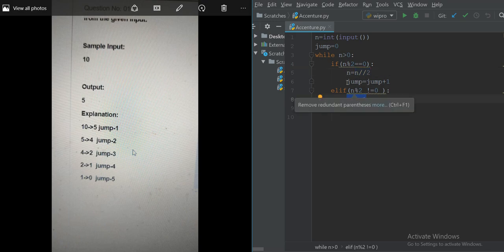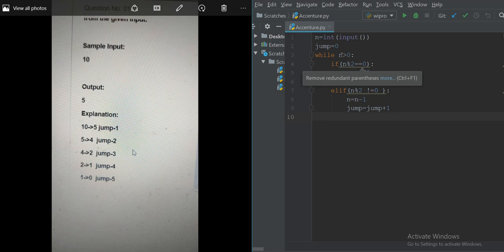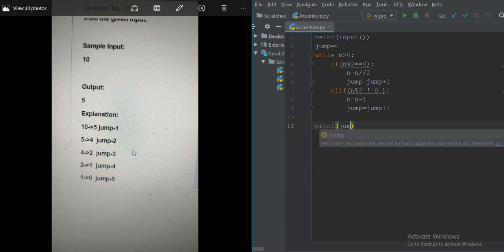But the jump count is the same for both cases. How much the digit reduces depends on whether it's even or odd, but we count one jump for both. This continues until n is equal to 0, and then we come out of the loop and print the value of jump.